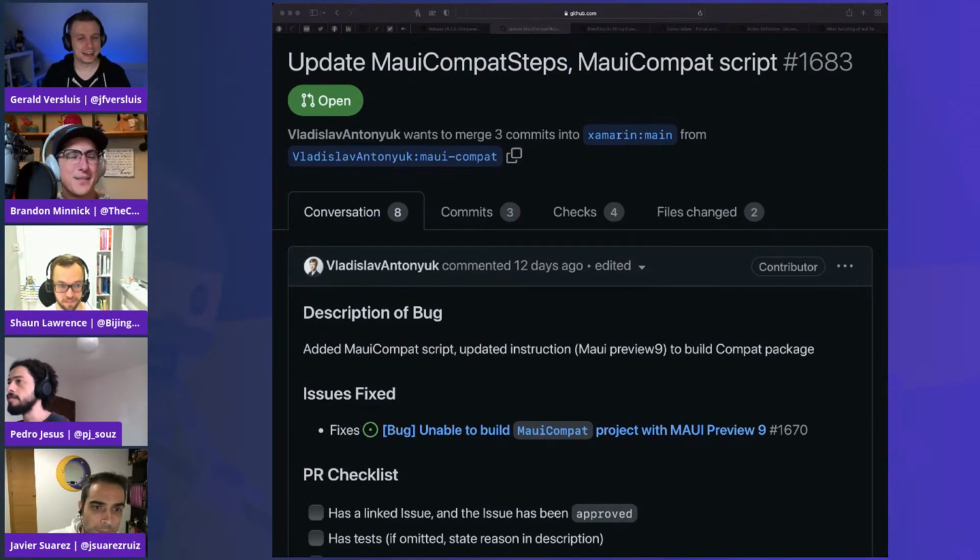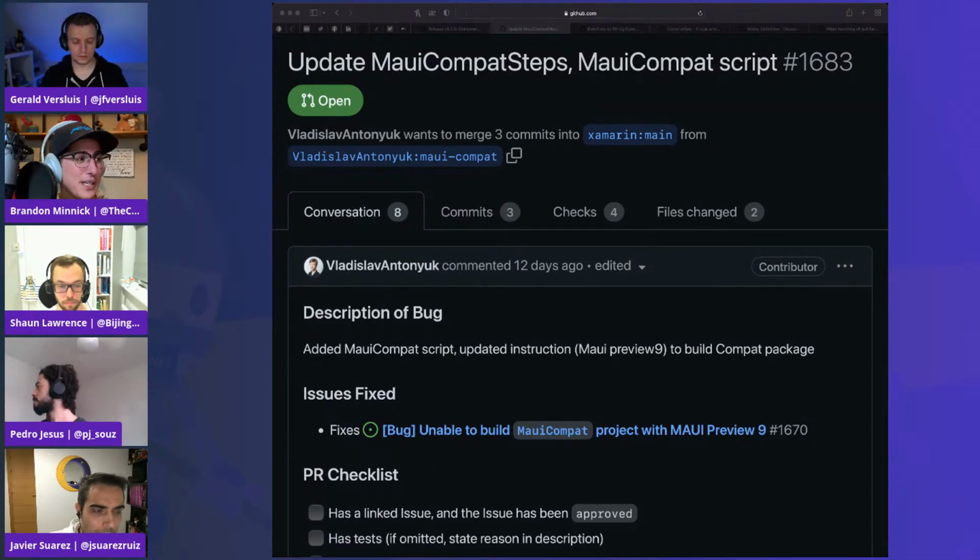Yeah, I just want to say, speaking of MAUI Compat, for anybody that's not familiar, Xamarin.CommunityToolkit.MAUI Compat is the .NET MAUI compatible version of the Xamarin Community Toolkit. So if you have an existing app that uses the Xamarin Community Toolkit and you want to upgrade to .NET MAUI, you can just remove the Xamarin Community Toolkit NuGet package, replace it with Xamarin Community Toolkit MAUI Compat, and it's the same thing. It's not as performant. It doesn't take advantage of all the new .NET MAUI fun stuff. It's literally a compatibility layer.